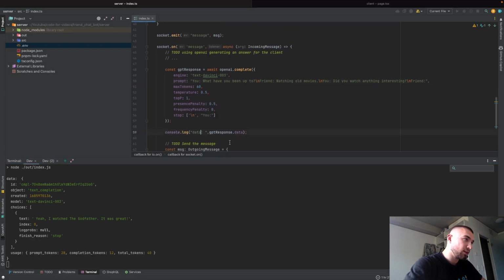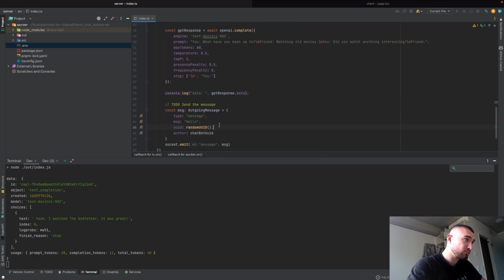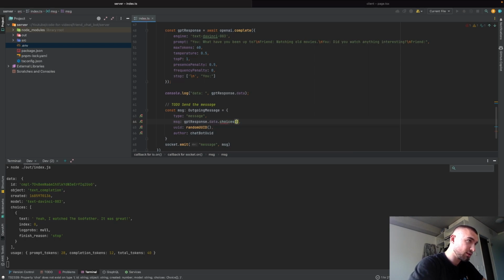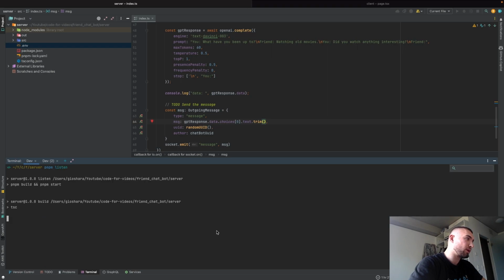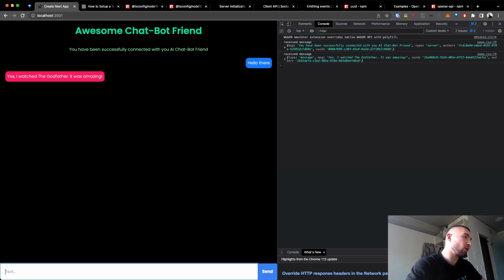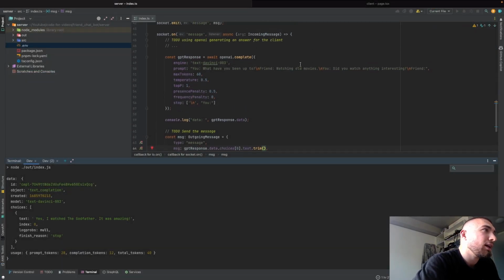So this is how we want to basically interact with our chatbot. And instead of hello, we basically say data.choices, the first one, and it's always the first choice. And let's trim the message, right? So now, if you rerun it, you can see that the AI will basically talk to us. Hello there. Okay, and that's because we did not